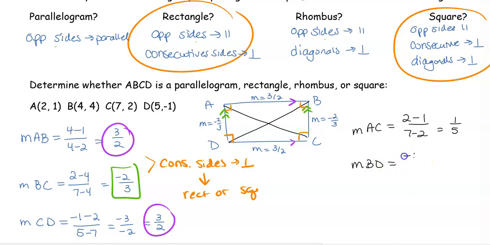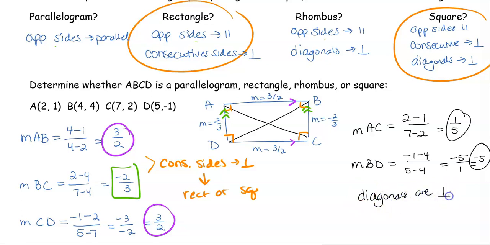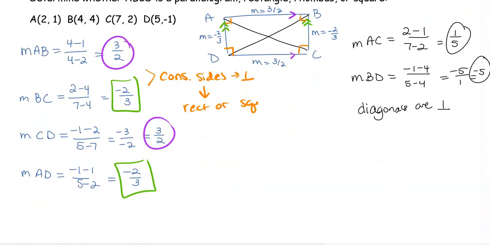Y's on top, so -1 minus 4, 5 minus 4 on the bottom. -5 over a +1 is a -5. So I look at those two slopes, and that tells me that my diagonals are perpendicular. So if I looked at the options, a rectangle does not have perpendicular diagonals, but a square does. So we're going to say that this shape is going to be a square